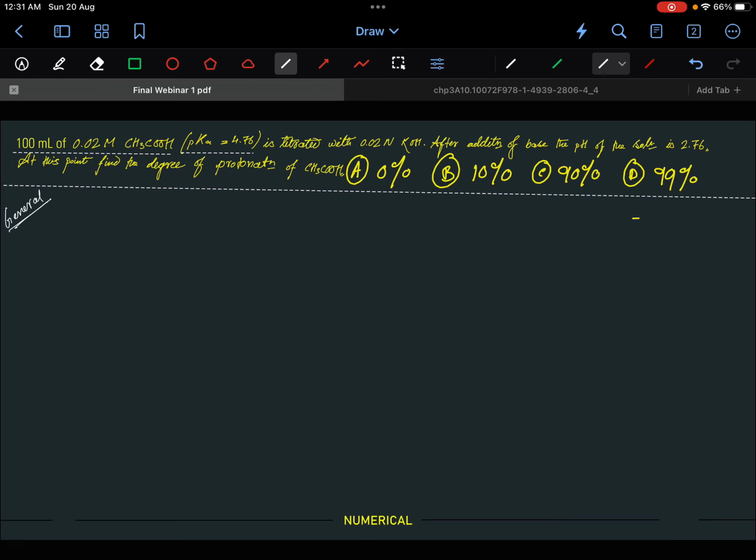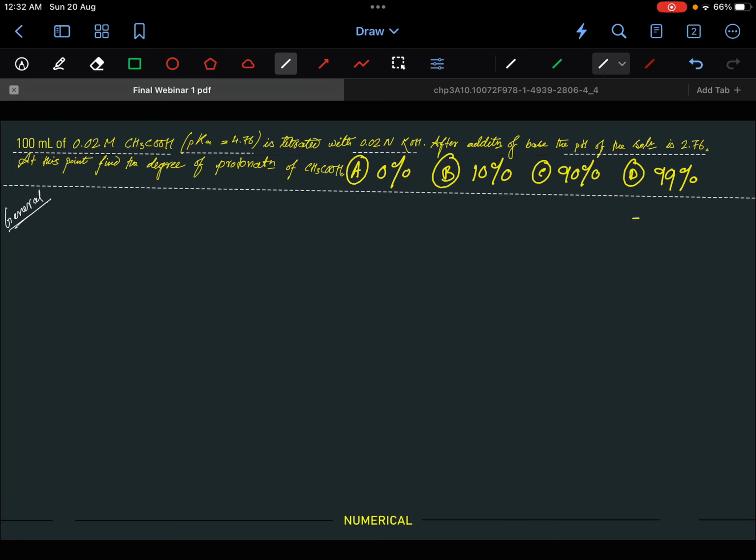You cannot just know the values by heart. If the numerical needs the value of pK, it will be given in the numerical only. Don't worry about that. So 100 ml of 0.2 molar CH3OH is titrated with 0.02 normal KOH. After addition of the base, the pH of the solution is